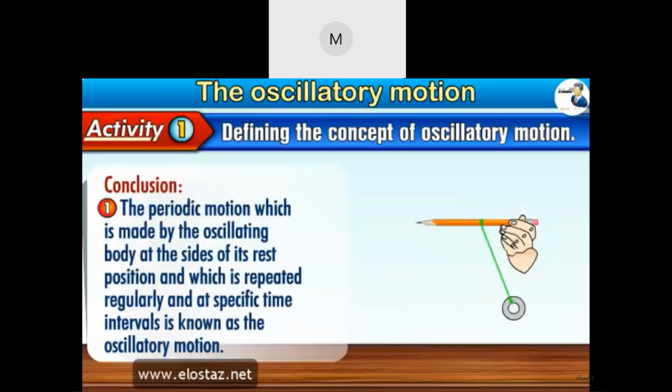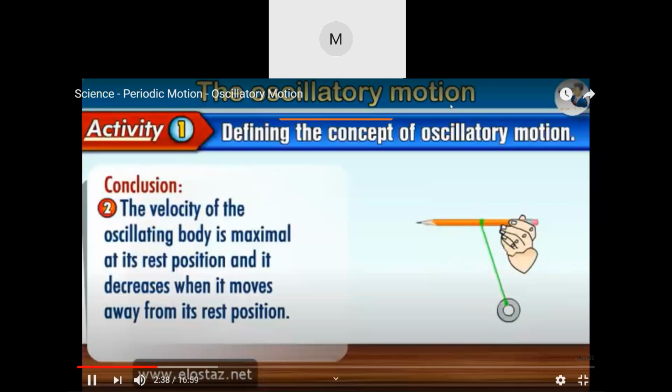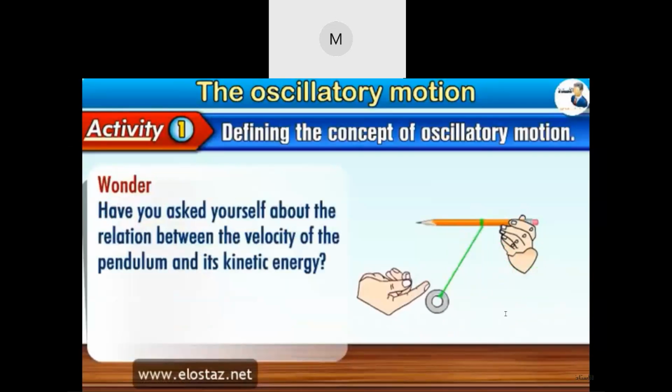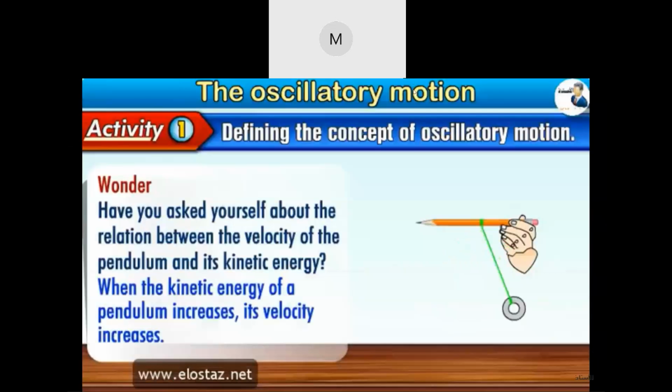Conclusion. Number 1. The periodic motion made by the oscillating body at the sides of its rest position, which is repeated regularly and at specific time intervals, is known as oscillatory motion. Number 2. The velocity of the oscillating body is maximal at its rest position, and it decreases when it moves away from its rest position. Wonder. Have you asked yourself about the relation between the velocity of the pendulum and its kinetic energy? When the kinetic